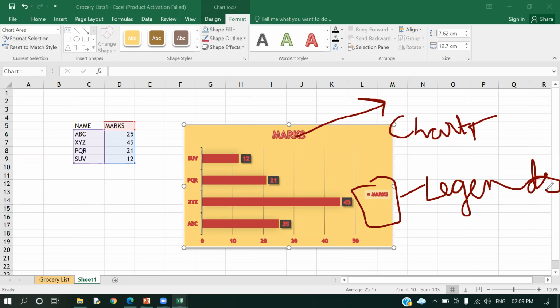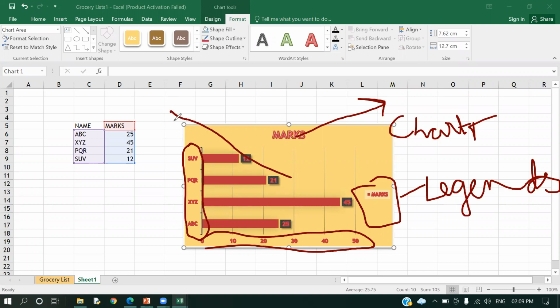Then moving ahead, I think all are aware of this. This is known as the x-axis, and this is known as the y-axis. Then we have the plot area. What is the plot area? This is the plot area where the actual chart is.